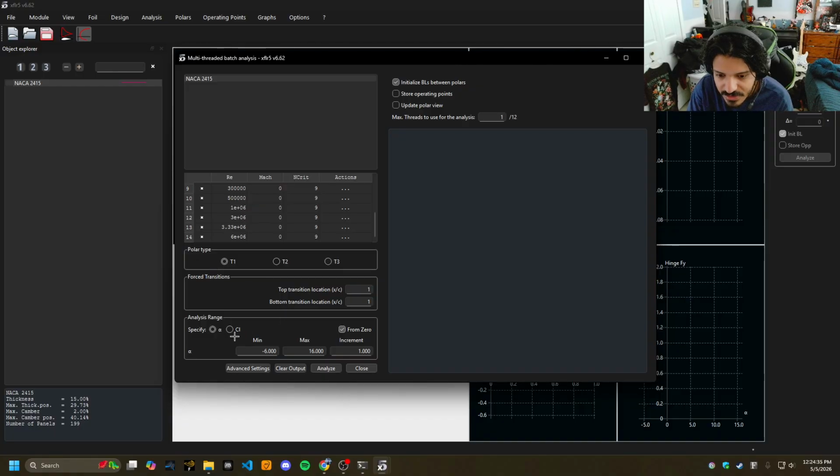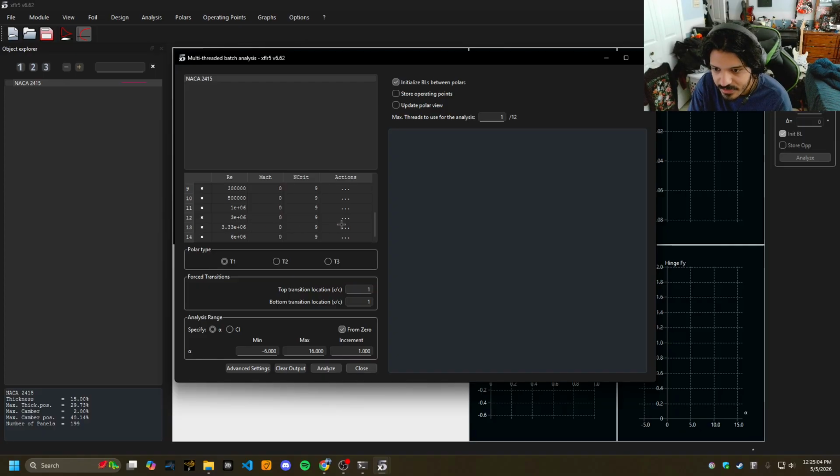We're going to switch the analysis range from -6 degrees to 16 degrees for our angle of attack, because he wants us simulating those different angles of attack and these different Reynolds numbers. So with a bit of calculation, you can see that we're going to need a bit more